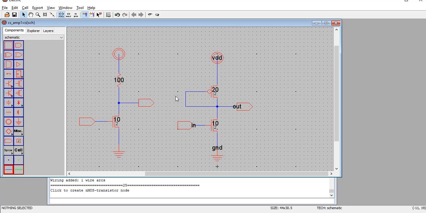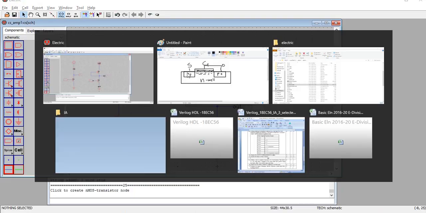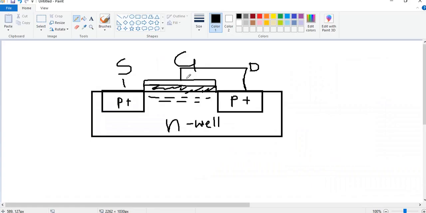You are not applying any voltage to the gate. So if you are not applying any voltage to the gate, what exactly does that mean? That means no potential is being applied to the gate, which means the channel formation won't happen. So no channel formation happens. So that means here in this area all the negative charges will be there as they are.